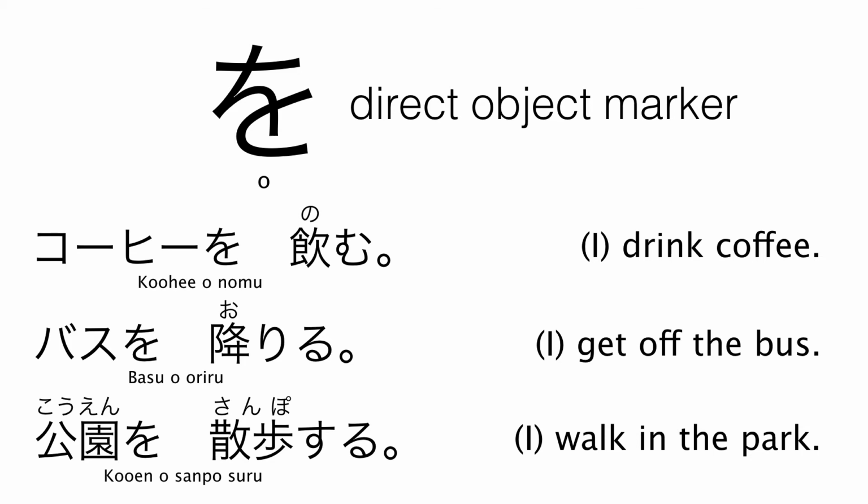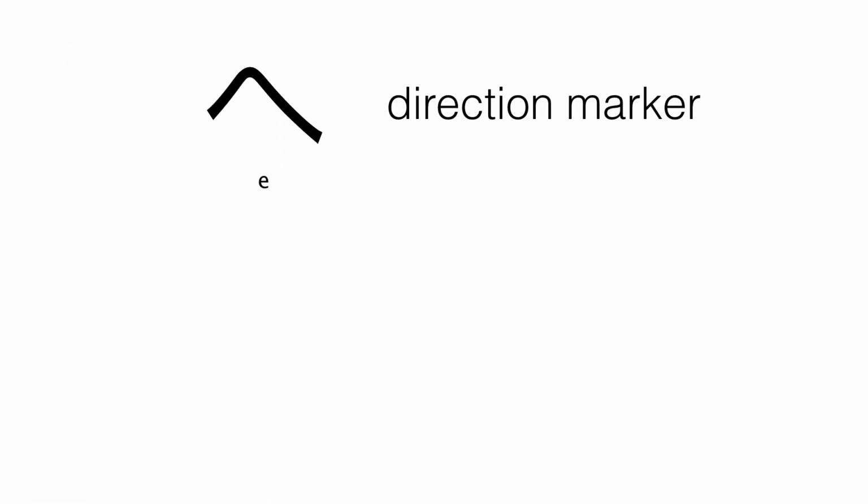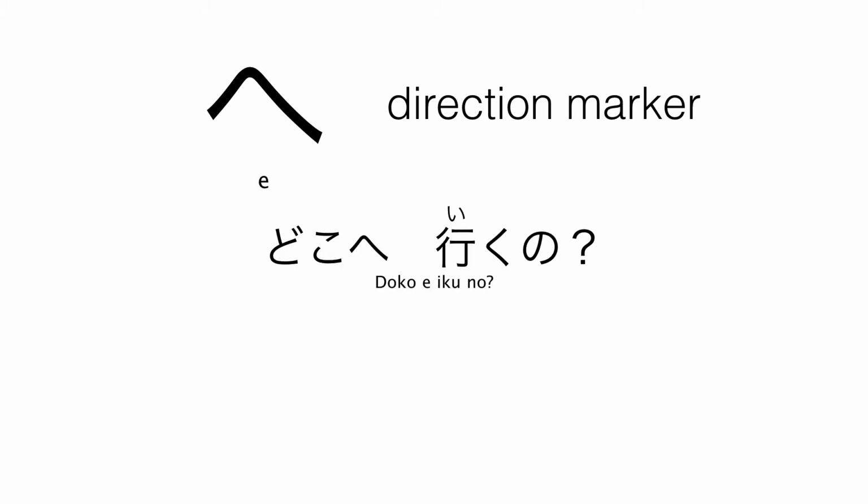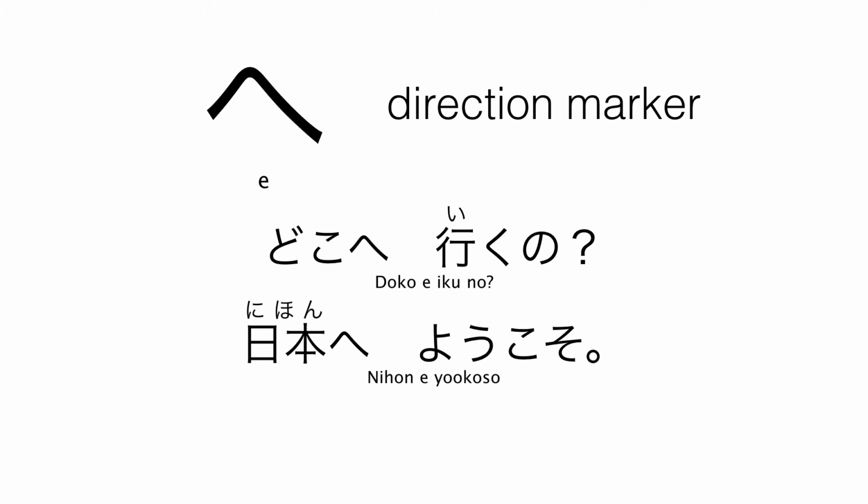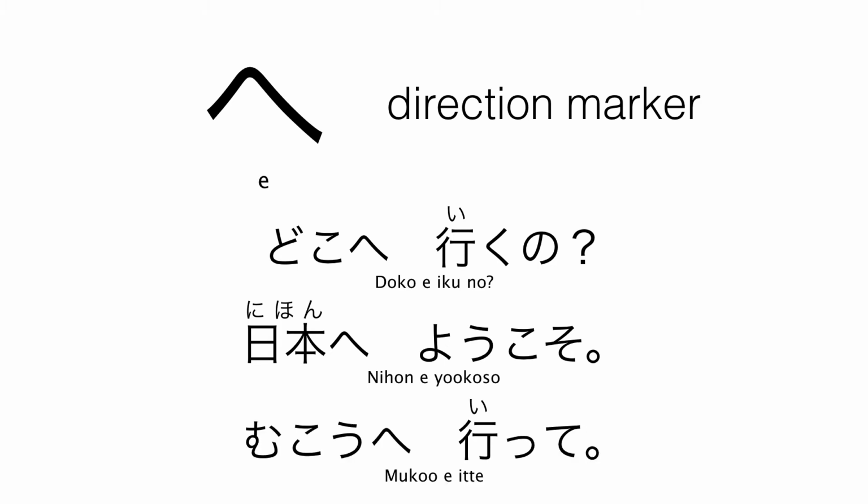Now let's look at the direction marker, へ (e). This one is pretty simple in a way that it has only one function, and it usually translates to "to" in English and is often used with a motion verb such as go, come, return, etc. So here are a few examples. どこへ行くの? 日本へようこそ。向こうへ行って。